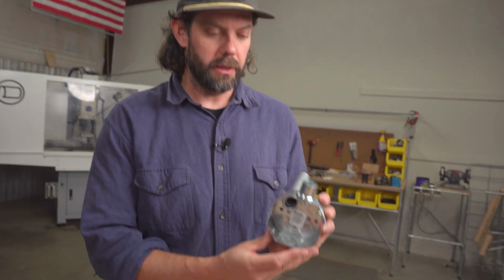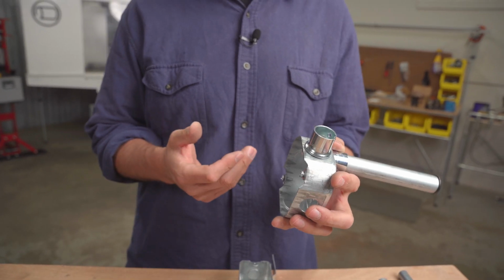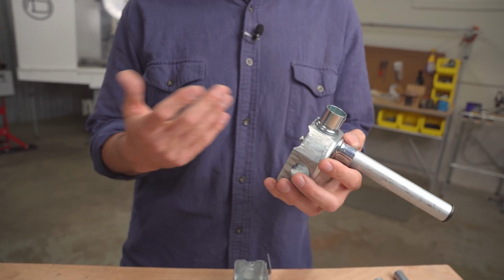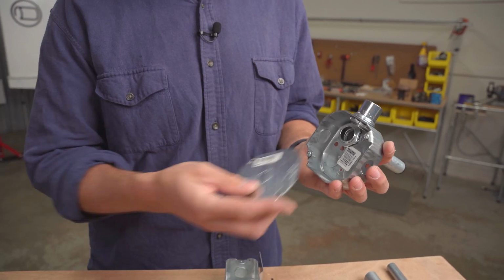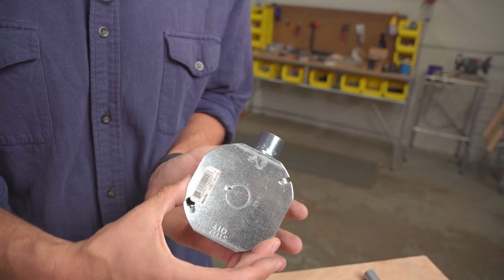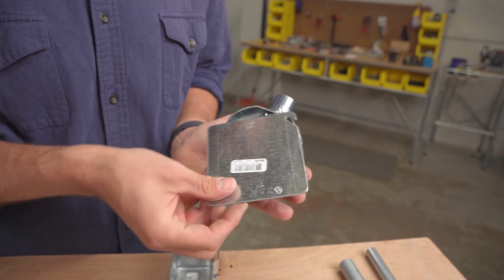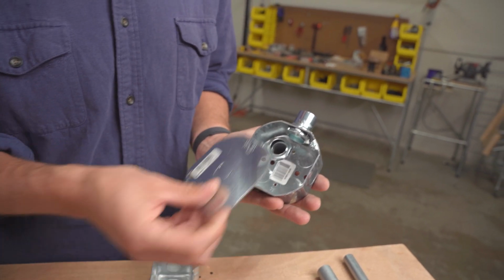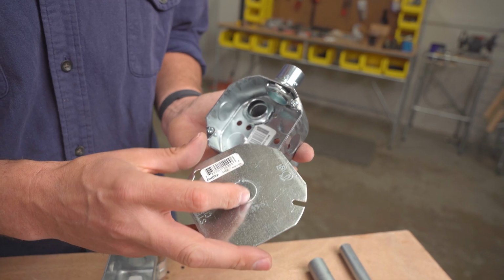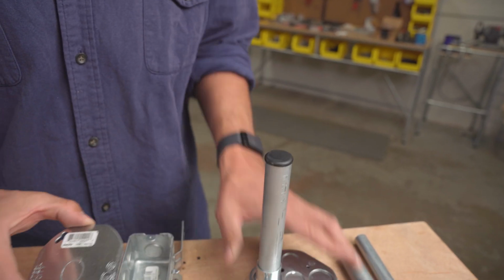And, you know, you might say, well, it doesn't look too good, and I can't argue with you there. But how strong is it? How well does it function? I don't know. You've got a big open space, and that's where a lot of the stamped steel covers come in. You know, here's one. Well, you've got the normal flat ones, right? That's for a different box. But you have the normal flat ones, and we even found some with a knockout on the actual cover as well. So if you knock that out,